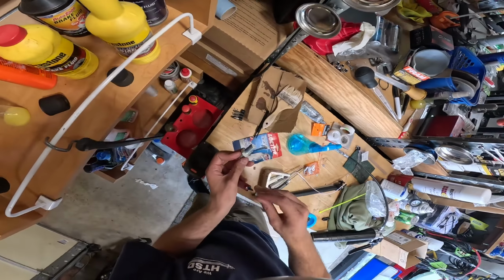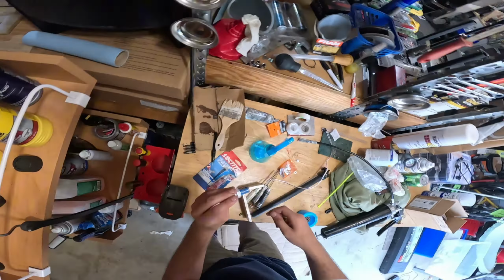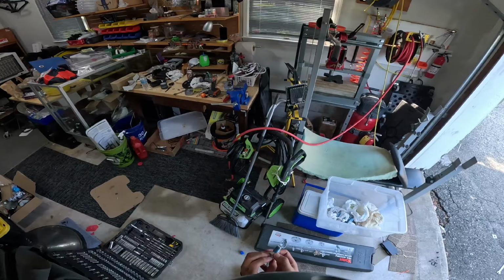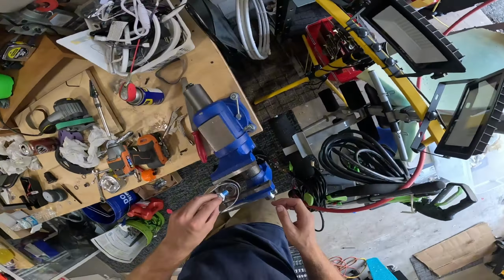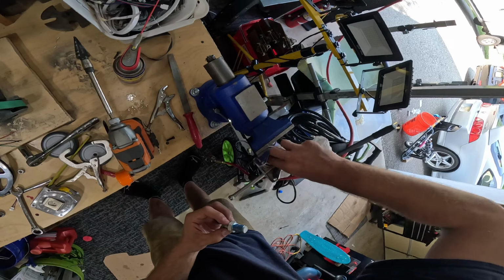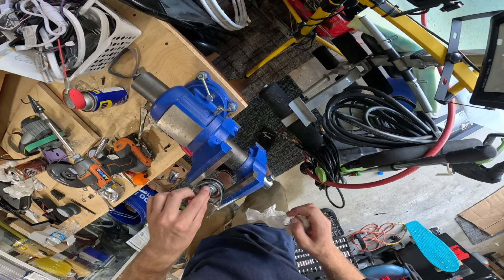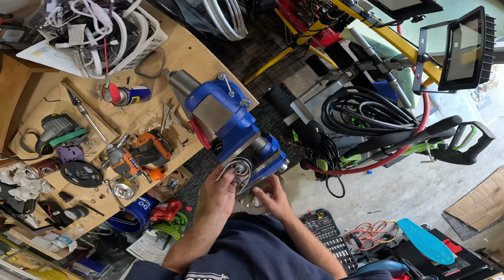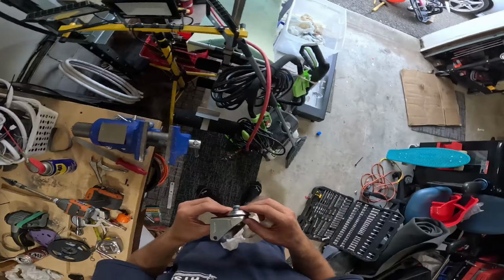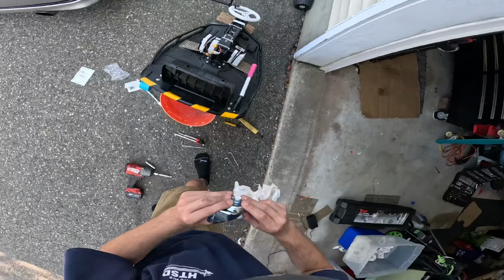Take the crush washer and the locking washer off of it, and you're going to want to just put a lot of blue Loctite on there. Drop that kingpin through the new Apollo caster, and this is now what is going to hold the whole caster together. So make sure when you're screwing this into place that you're holding the caster together, because there's no locking